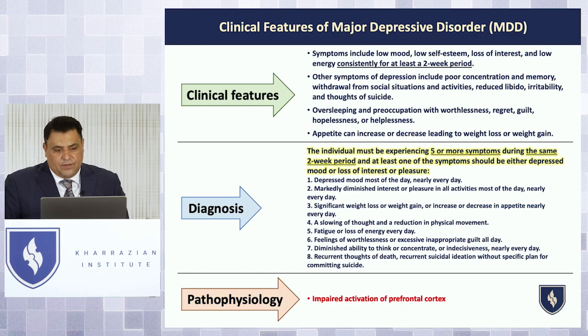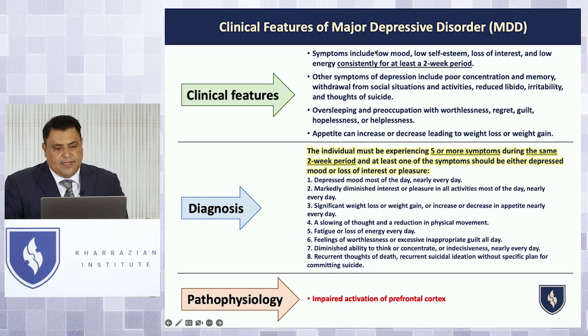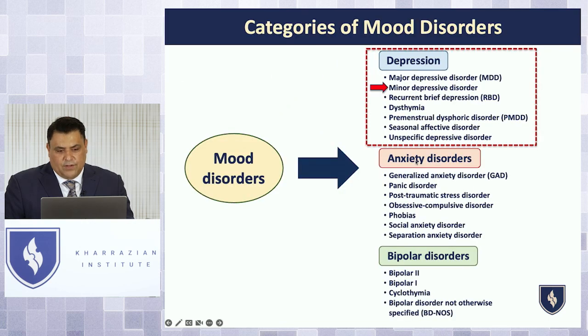Now with anxiety disorders, and by the way, when you look at major depressive disorders, what I did for you in your notes is I made a little chart and a scale for the diagnosis. Our clinical focus is not on trying to diagnose it perfectly by all the different criteria. You should have some familiarity with it, but our focus is to really get into the pathophysiology and the treatment models and so forth. So major depressive disorder is basically symptoms of low mood, low self-esteem, loss of interest for at least 2 weeks. So you can see 5 or more of these symptoms for 2 weeks. So I have these charts for you for each one of these.